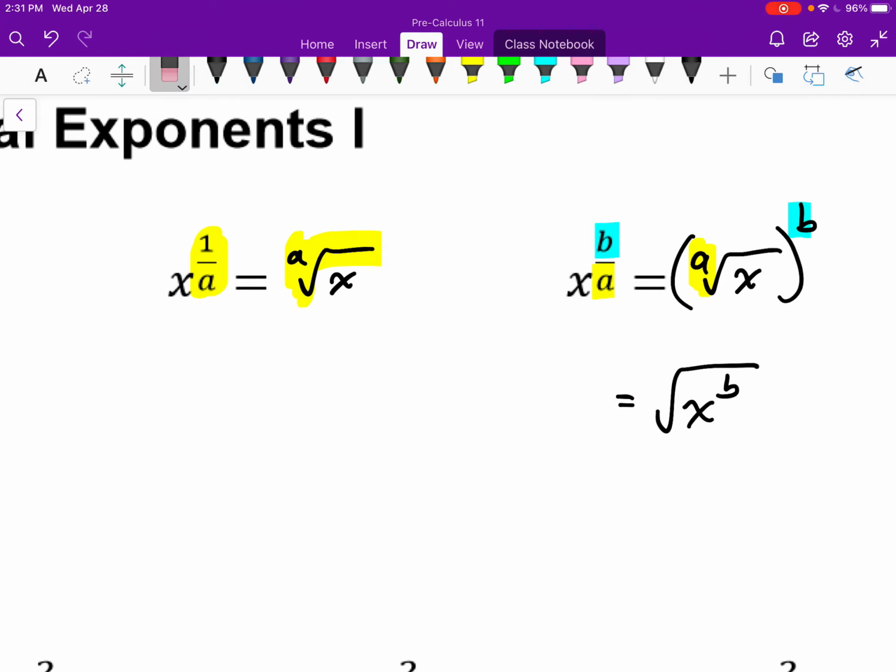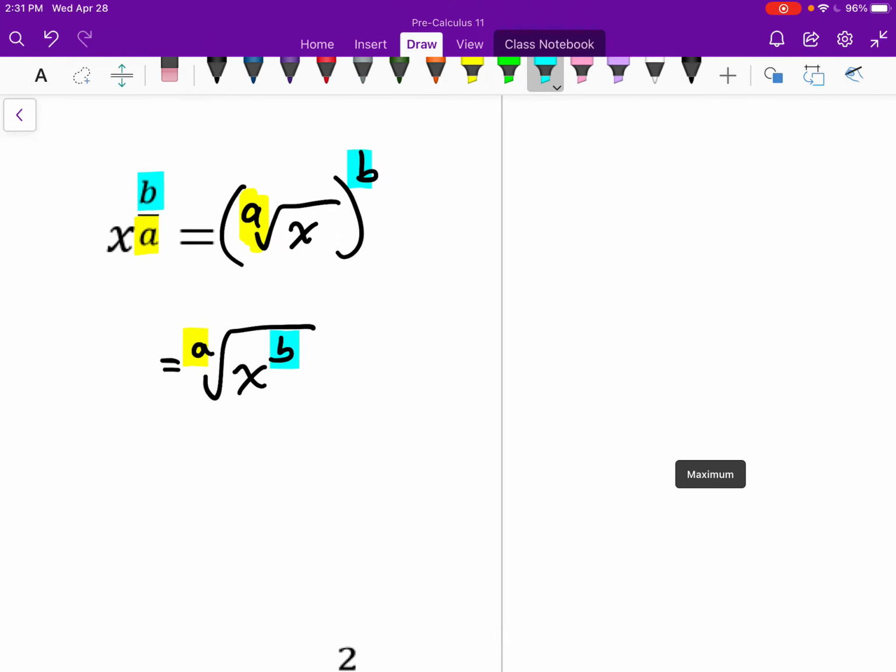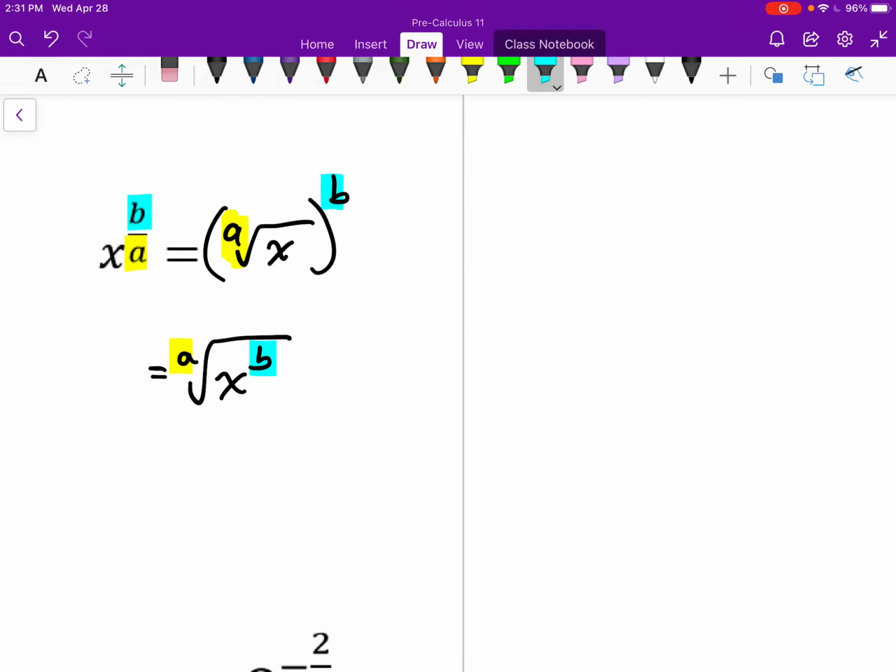The 8 looks like a 9. Let me fix that up a bit. Which one's better? Neither. But which one's more convenient? Well, if you want to calculate these things, quite often the first one is a little more convenient. For example, let's say I want to evaluate 16 to the power of 3/2,